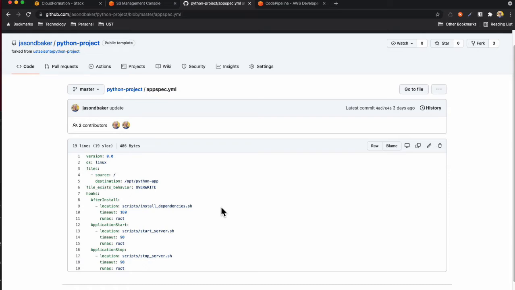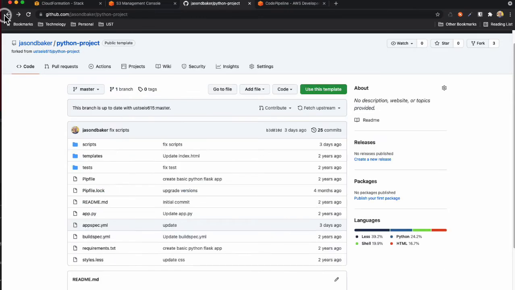These are Python modules. And then there is a start server and stop server script, and this will start up the Python web application and stop the Python web application. So that's what's happening in this Python project repository